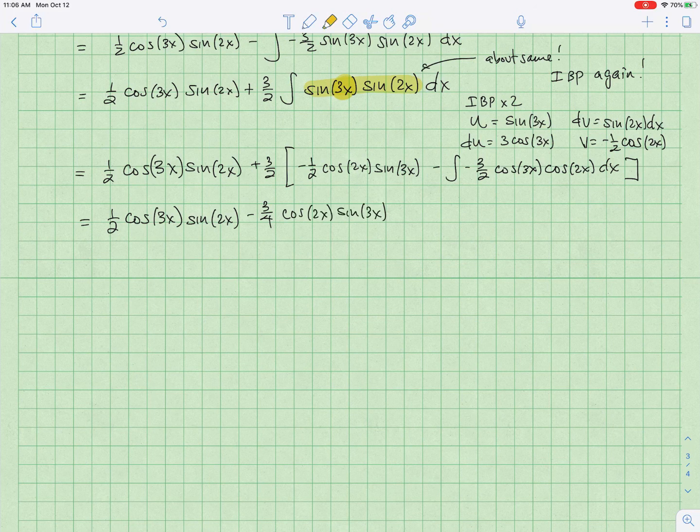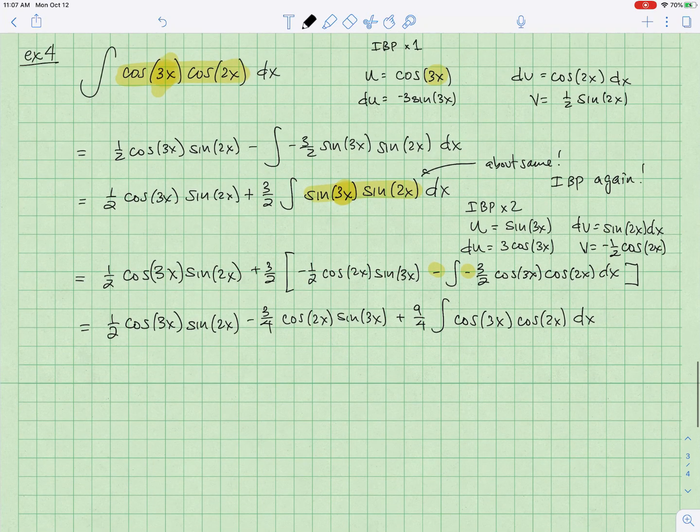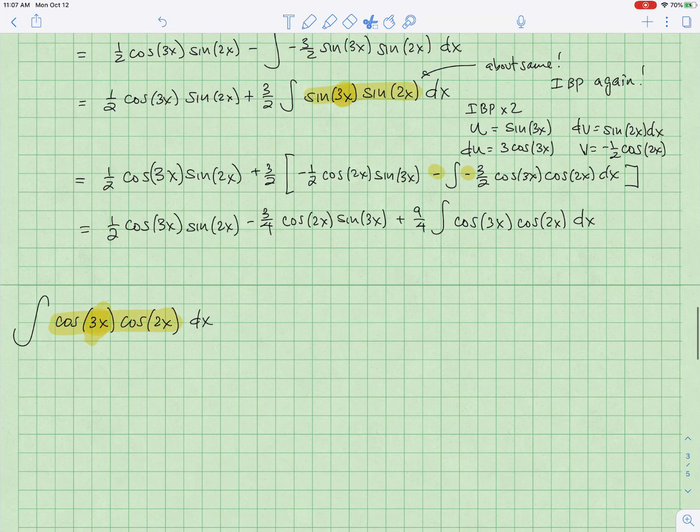Let's see, this is going to be a double negative, so that'll be a positive 3/2 times another positive 3/2, which will be a positive 9/4 the integral of cosine 3x cosine 2x dx. And what we now have is, let's see here, this integral